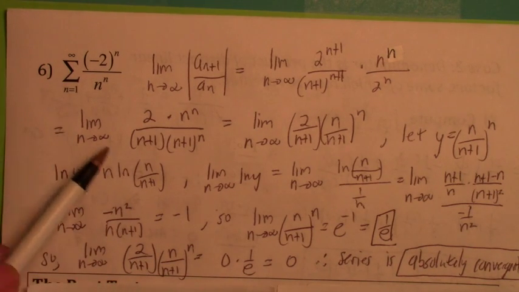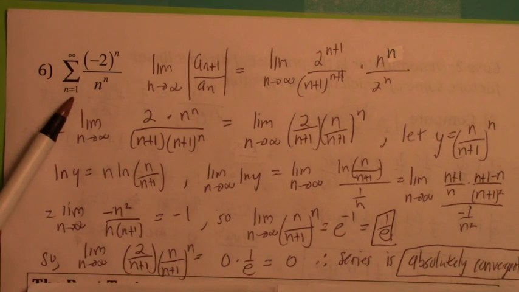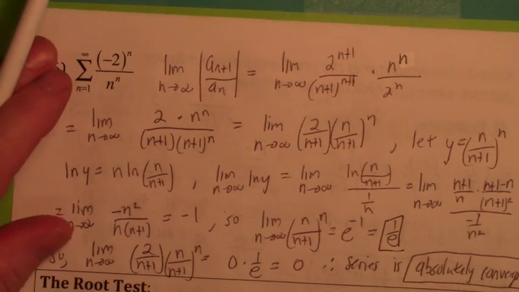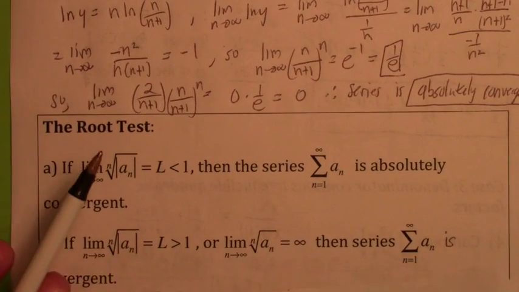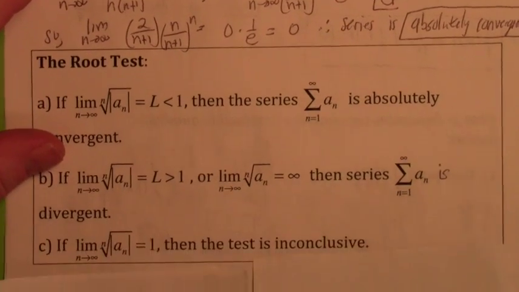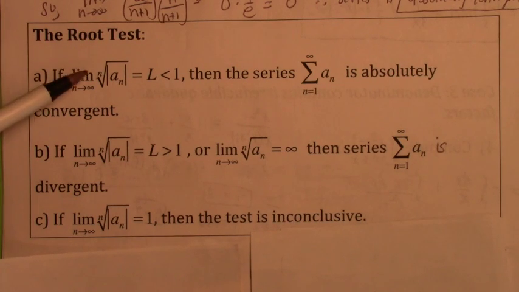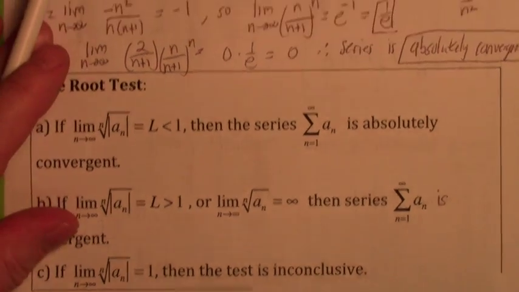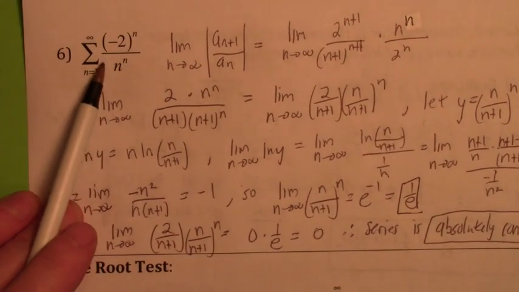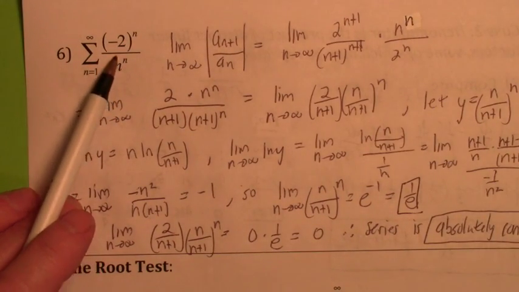I'll show you a better way to do it in just a second. But we use the ratio test to show this is absolutely convergent. This is the last thing I want to talk about. Whenever you have a series where you have numbers and values of n raised to a power,